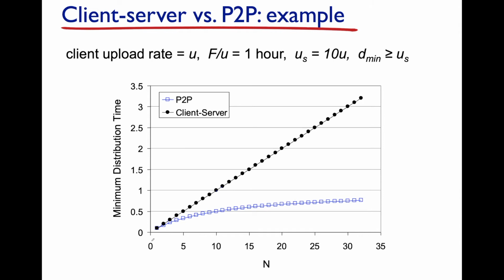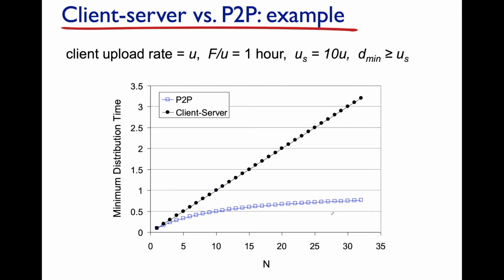But in the peer-to-peer network, we know that that file F comes from multiple locations. It can come from the server, or it can come from each one of those peer instances. And so as we increase the number of peers in the network, while this minimum distribution time increases, you'll notice it turns the corner, turns the curve, and it kind of looks like it's approaching an asymptote. And this is because of that self-scalability property associated with peers. Each peer brings capacity to the network, and in this case, it brings the ability to distribute this file, thus acting like an additional